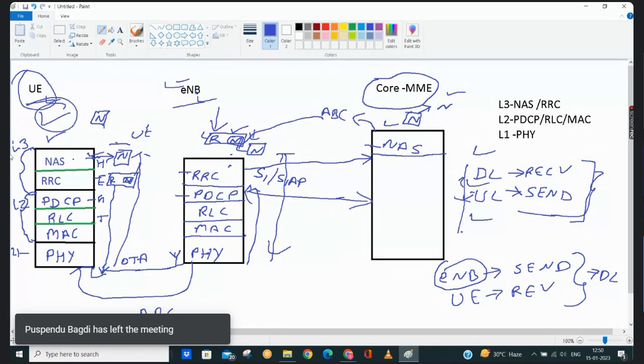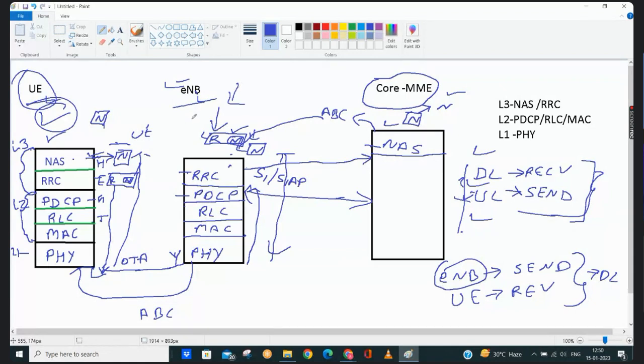Uplink means we are sending. Suppose eNodeB is sending, that is not the uplink, that is downlink. I'm just relating to the previous question. Between eNodeB and core, we won't be having the uplink and downlink, but only when the user traffic is flowing between UE and core. Are you talking about the data part? The data part is just data.